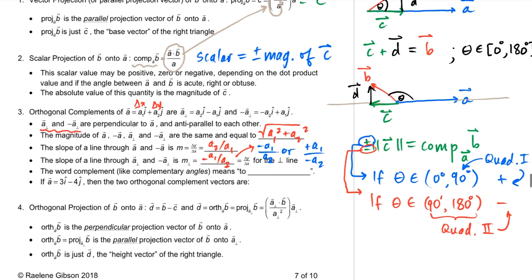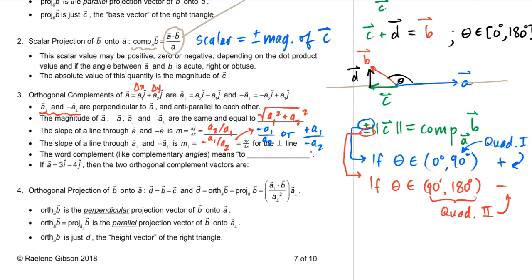The word complement, like complementary angles, as we just said, means to complete. And so here these are two vectors that are forming the two legs of the right triangle, completing the right triangle with a hypotenuse of b. And lastly, if we have a vector A, which is given by 3i hat minus 4j hat, we could come